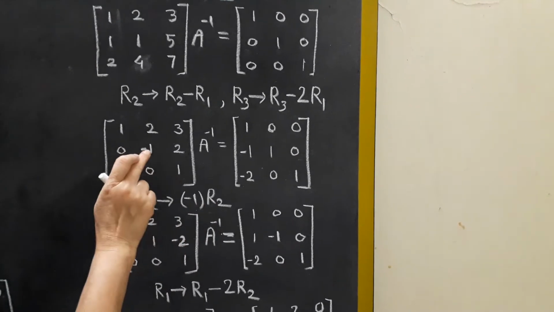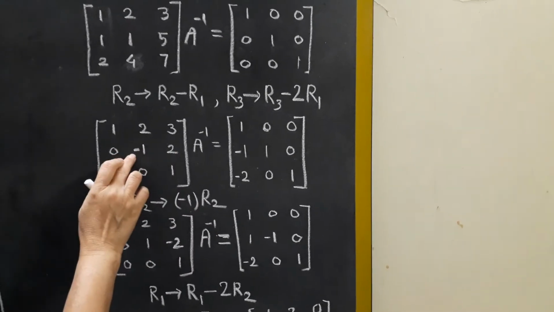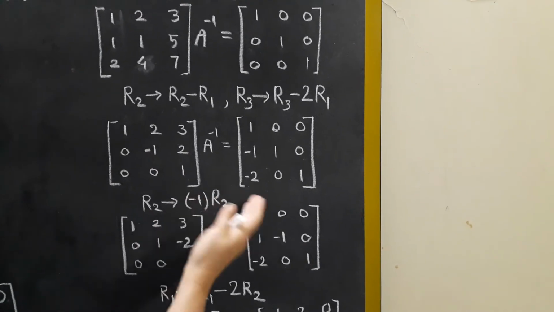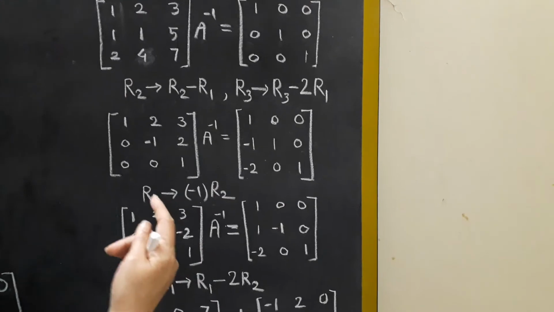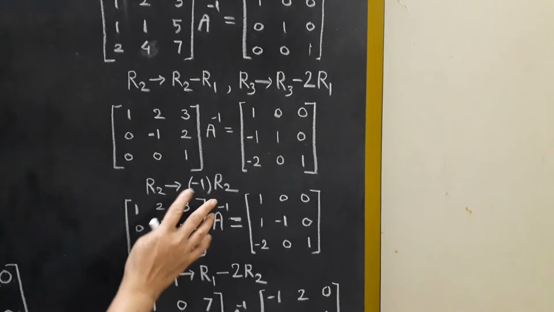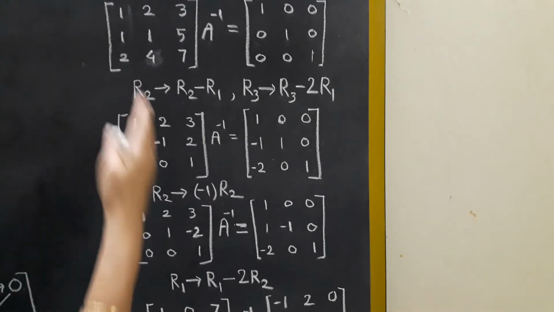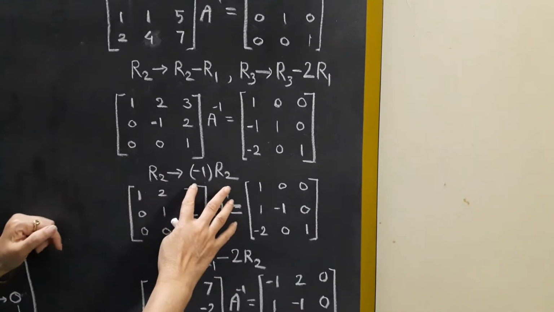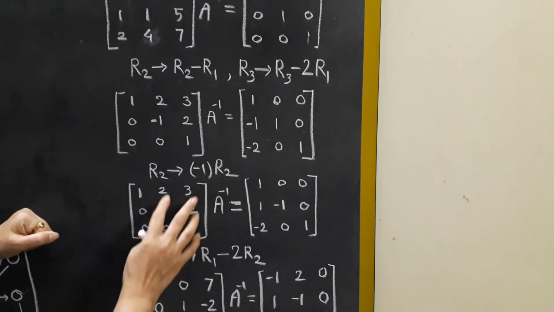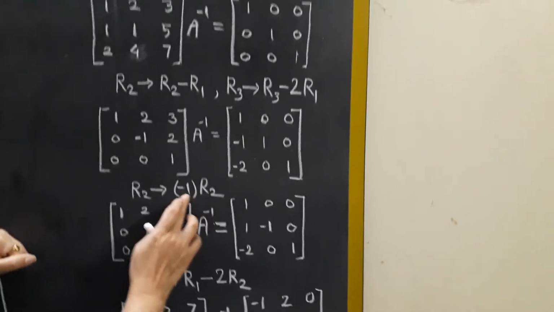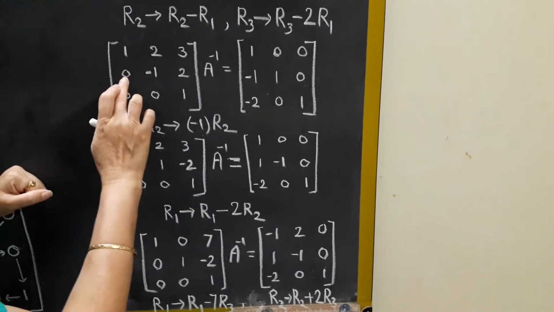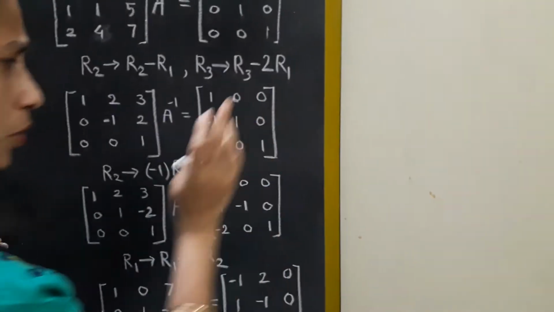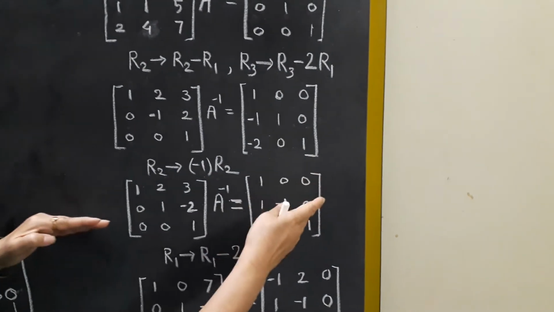And so suppose here it would have been 2, then we would have written it as R2 upon 2 to get 1. Okay, so this is that. We are actually solving on the first example. We are going to solve one more example to get the idea. So here whatever the change we have written, minus 1 times, so just multiply by minus 1 to R2 of both the matrix and write the changes.